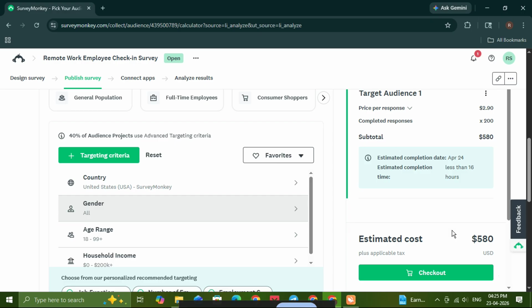And that's it. You've now learned how to get an equal gender sample from SurveyMonkey. It's a simple process once you know where to look, and it can make a big difference in the quality